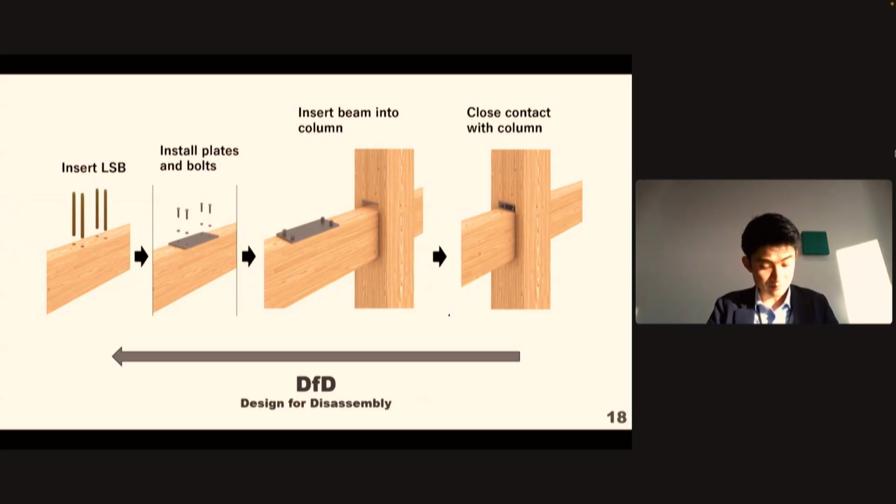And the ease of assembly also supports design for disassembly. If something can be assembled with a controlled and standardized process, it can be disassembled the same way. That becomes a technical foundation for reuse after the expo.